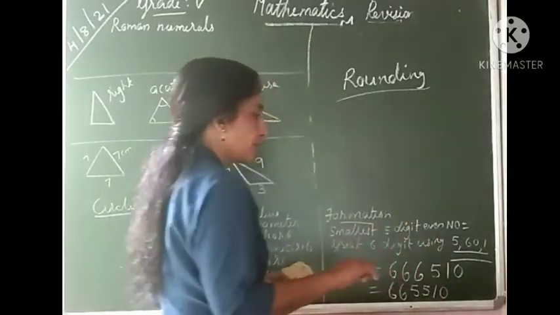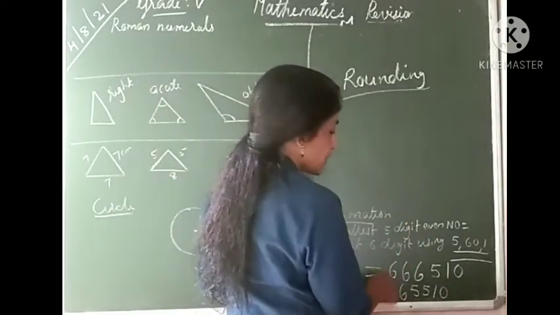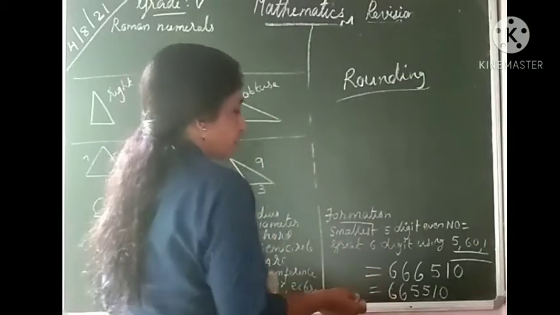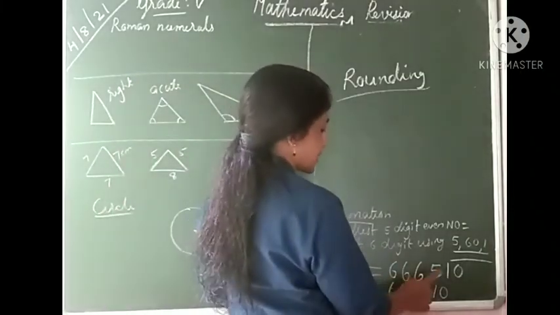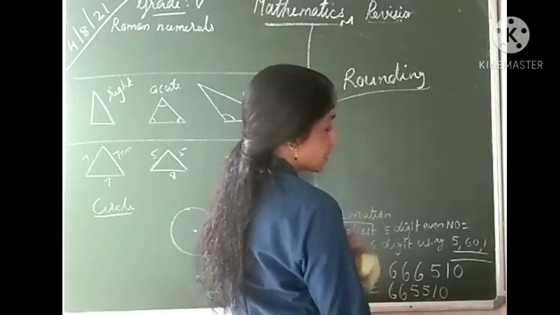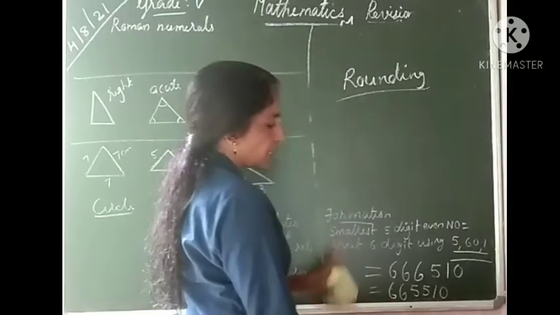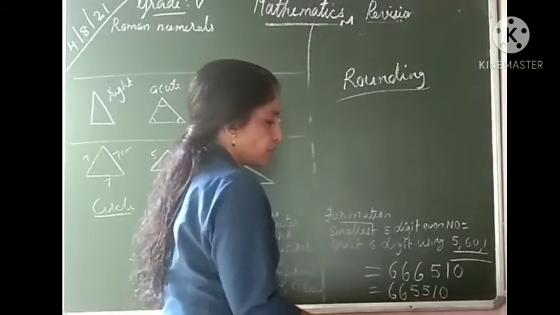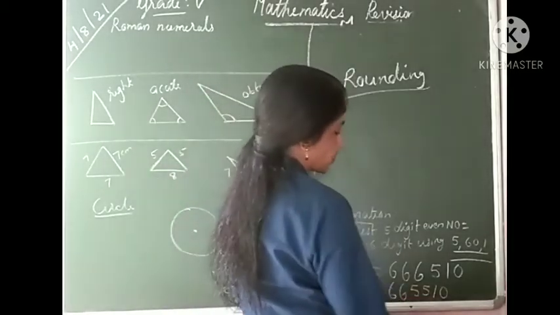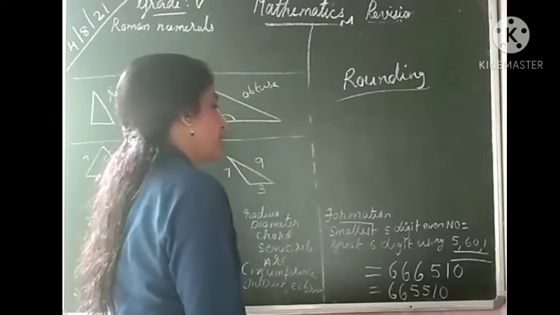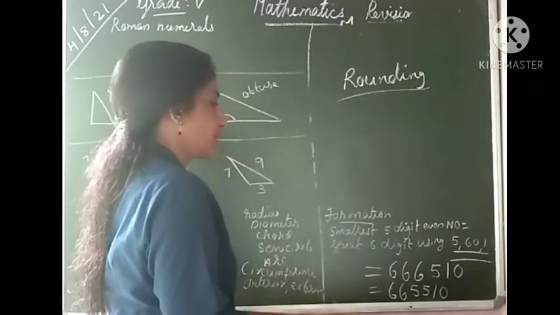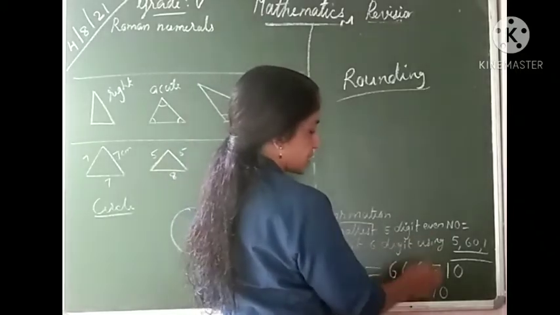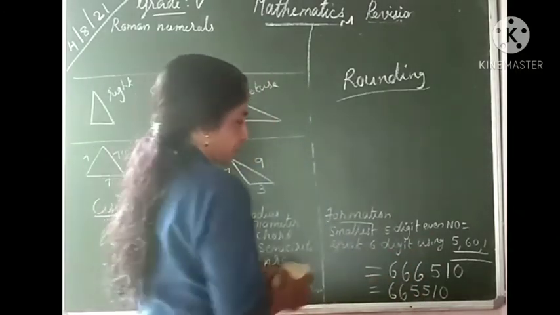Therefore, we can repeat the greater number. If the instruction is that you can repeat the digit many times, I can repeat 666 and 510. If the instruction is that 1 digit can repeat only 2 times, then 6 I repeat 2 times. Next greater is 5. That also I repeat, and 10. According to the instruction, you can write the number. Read the instruction: if it can repeat, do this way, otherwise do that way.